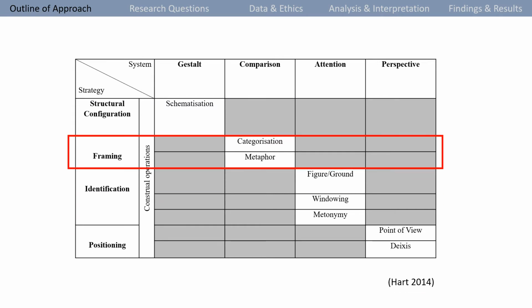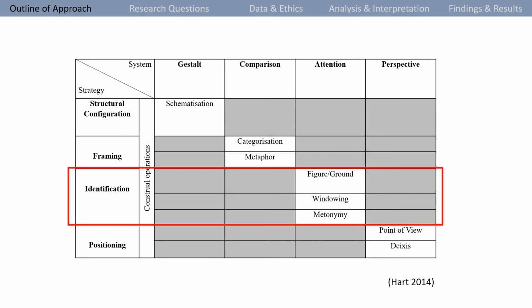In framing strategies, the basic conceptualization defined through structural configuration is fleshed out with further, richer and more specific information derived from frames. Frames are encyclopedic knowledge structures representing areas of cultural experience. In discourse, they are accessed by lexical items to further shape our understanding of the target scene. Frames then provide a structured lens through which the target situation or event is seen and evaluated. Framing is realized through construal operations of categorization and metaphor, both of which are examples of a more general cognitive ability to compare areas of experience.